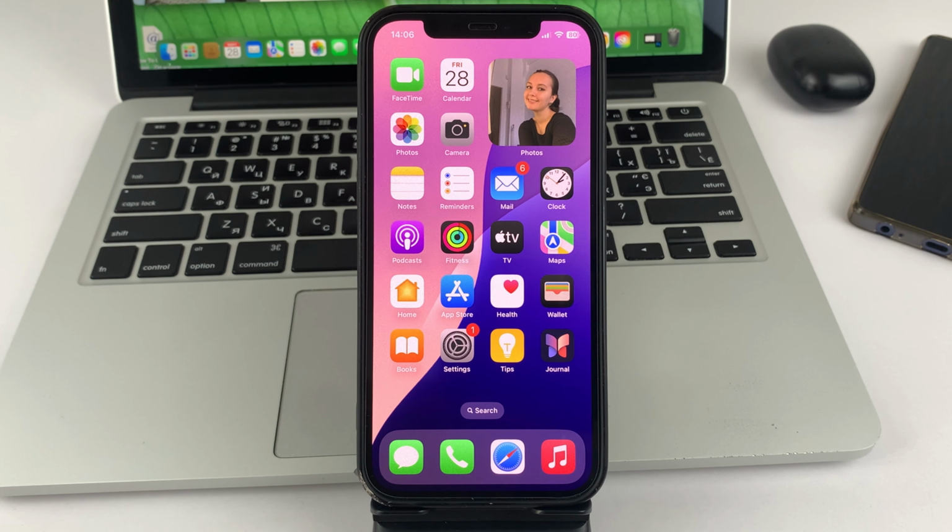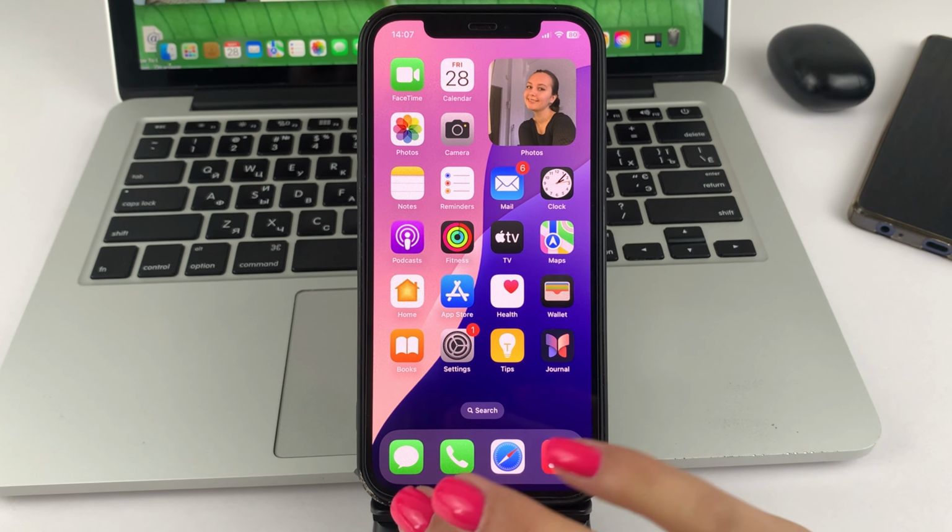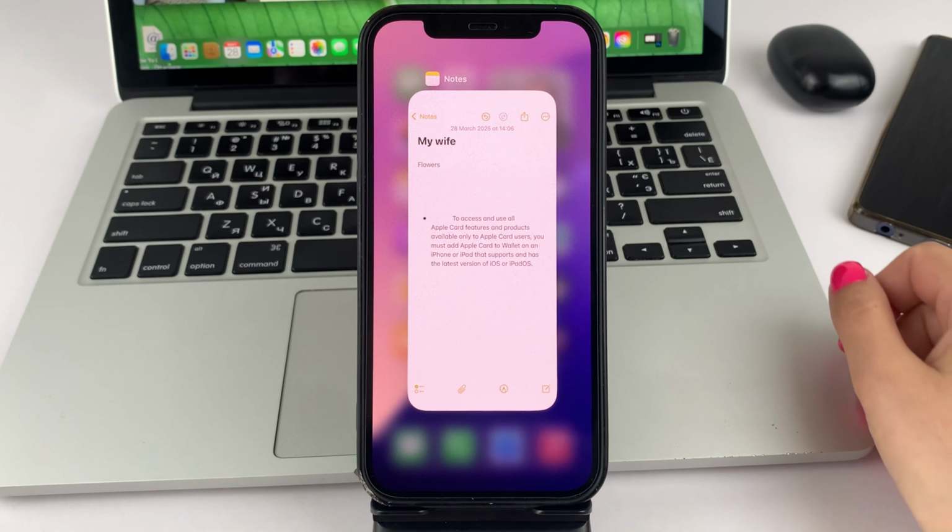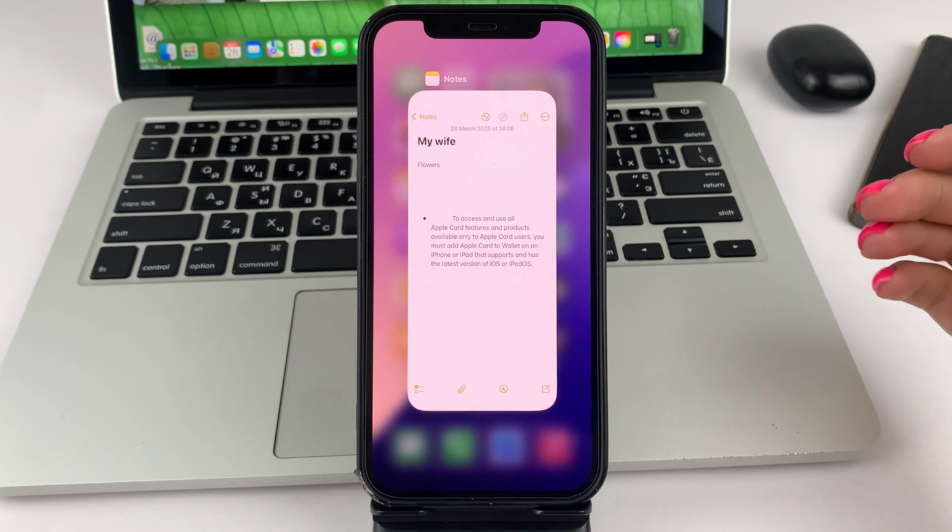So, friends, let's go ahead and get into this topic. And I want to say right away that, unfortunately, there is no such a clipboard like, for example, on Android devices, where you can save various amounts of different text, and perhaps a screenshot or something else. There is no such a big option on the iPhone. The only thing you can do is, for example, copy some text or image and then send it.